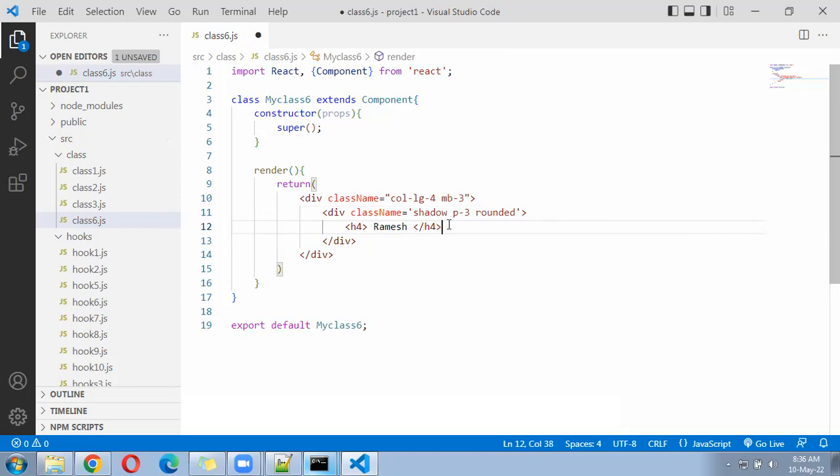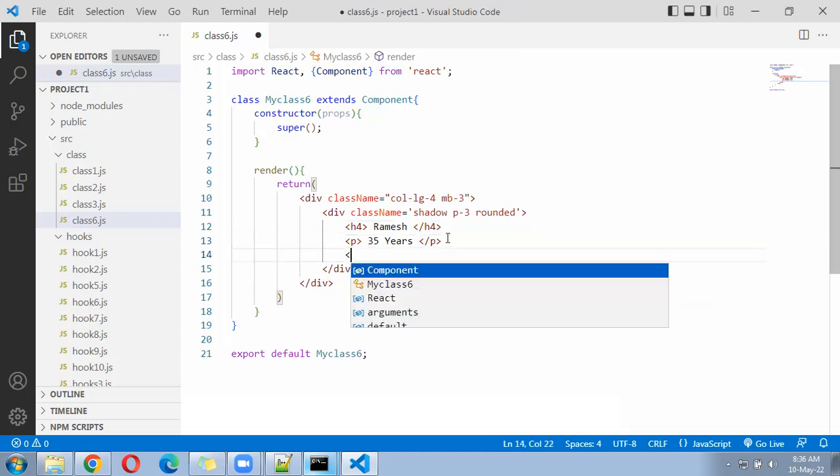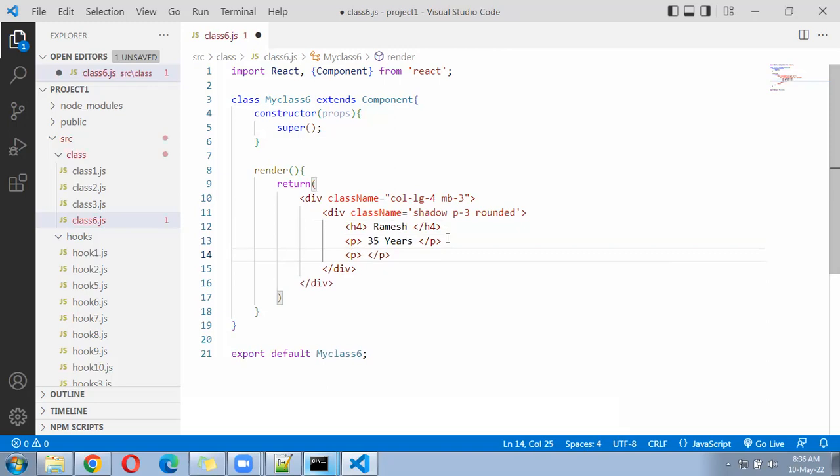Next paragraph, 35 years. Next paragraph, education. See, 2008. Okay, next after this,